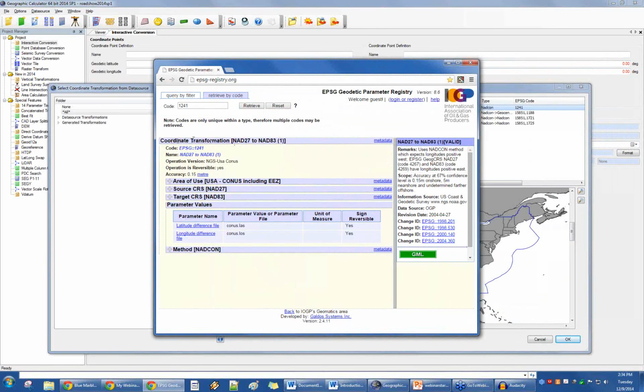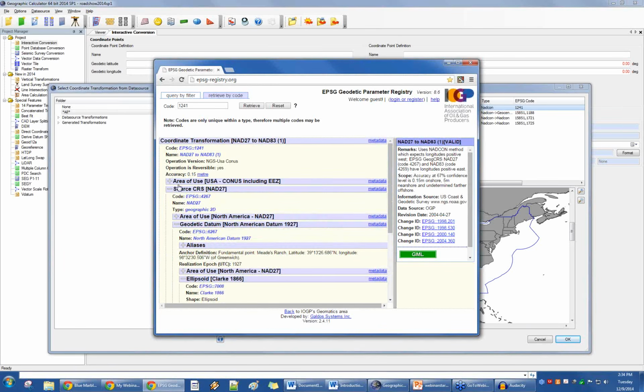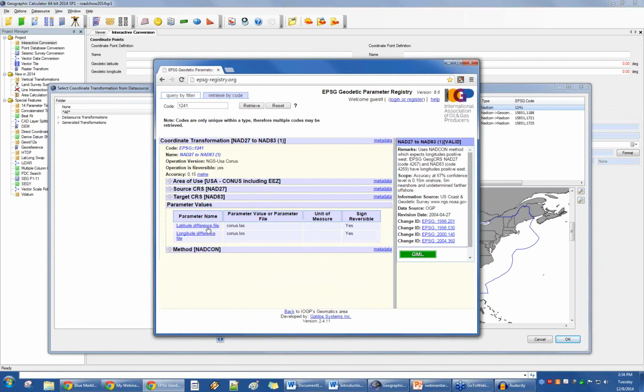I found the one that is the coordinate transformation I'm looking for, and here it lists all of its full parameters, complete with similar information to the source and target systems, the files that are involved in that method. And then most notably here for lookup, sometimes you need a little extra information. And so we can go to the remarks over here. Has pretty much the same information that you'll have in the remarks in the Geographic Calculator, but it also has